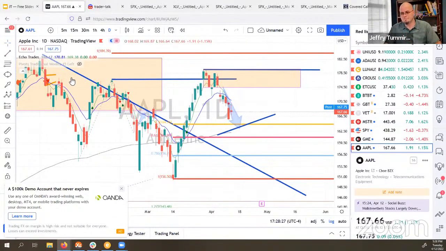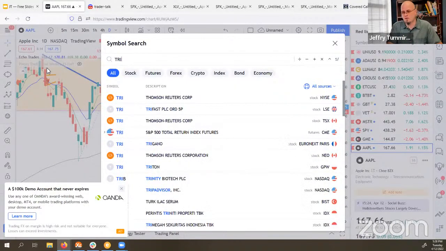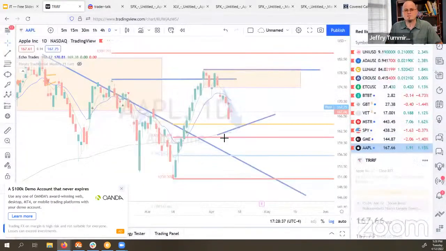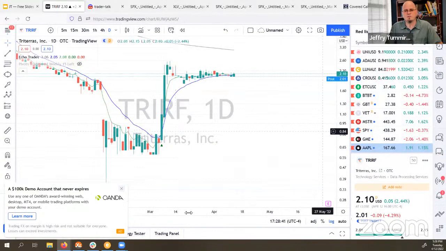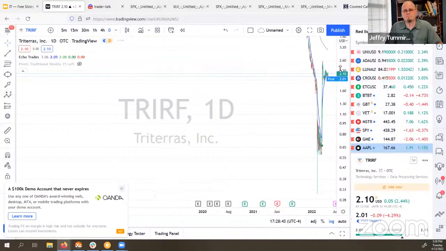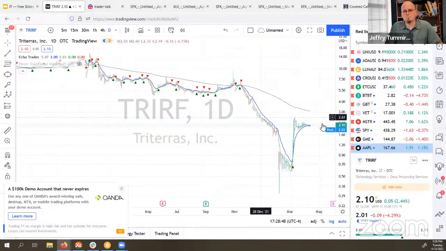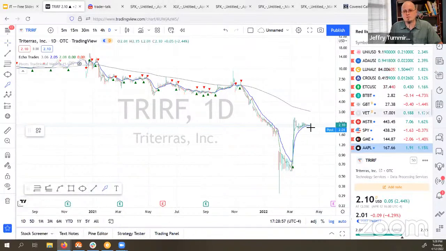All right. Let's see, TRIRF. It's a mouthful of ticker. So looking at that one, zoom it back out here. We don't have a huge long history, but it looks like a downtrend, and it's going to have a resistance at $3. So expect it to come up here and test what happens in that area. We'll see.